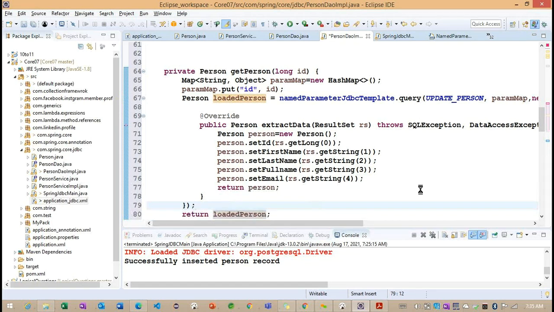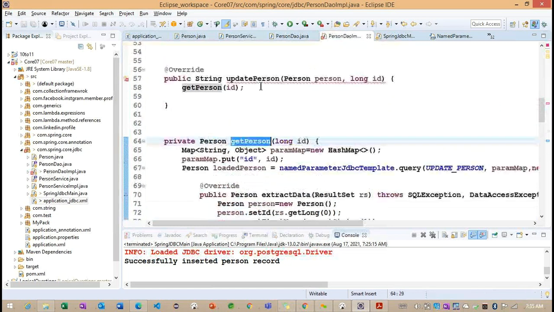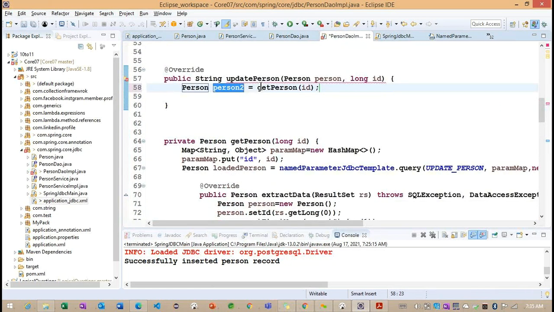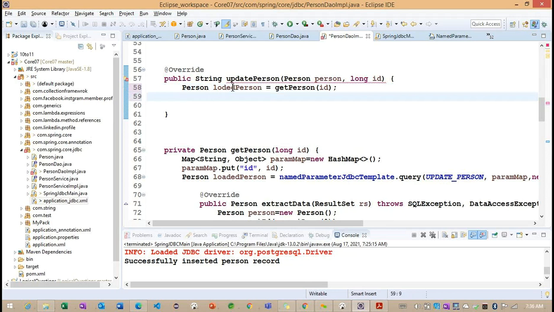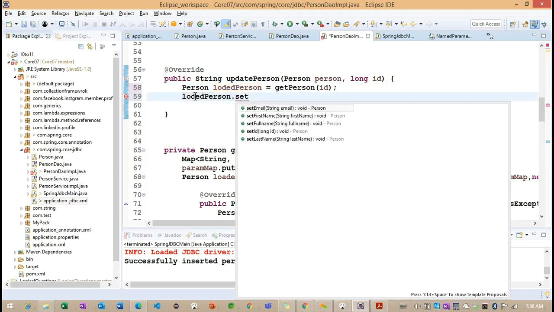Now what I'm trying to write here, we are getting the person object, or we can call it the loaded person. This object is coming from the existing object. Getting the point. So this is our existing object. Now we need to update this information here.